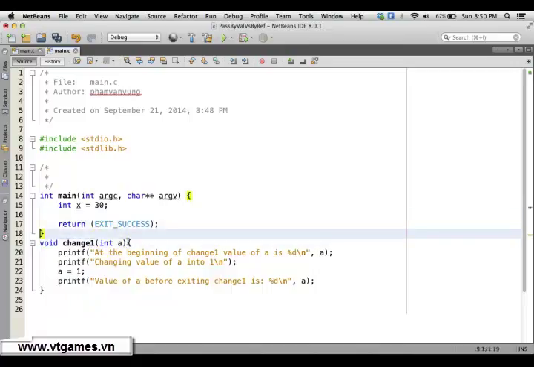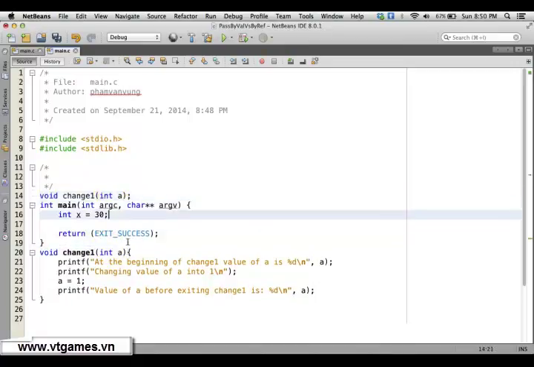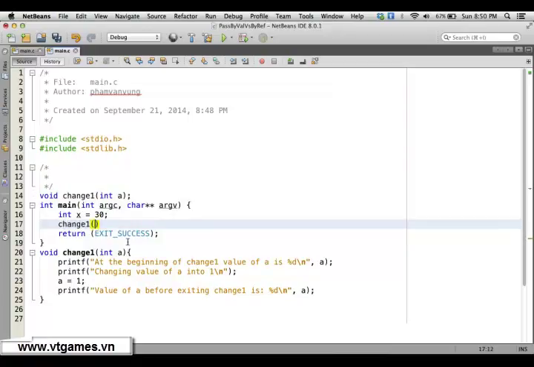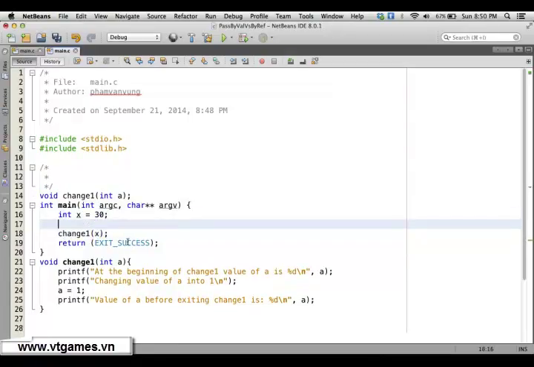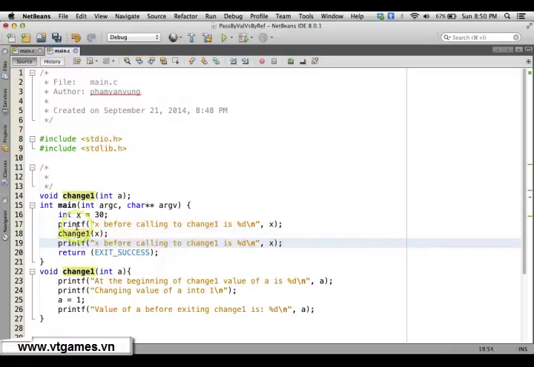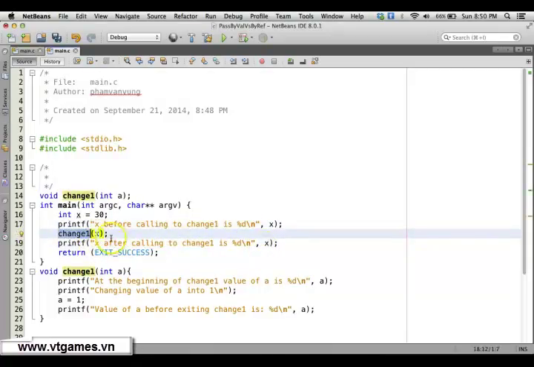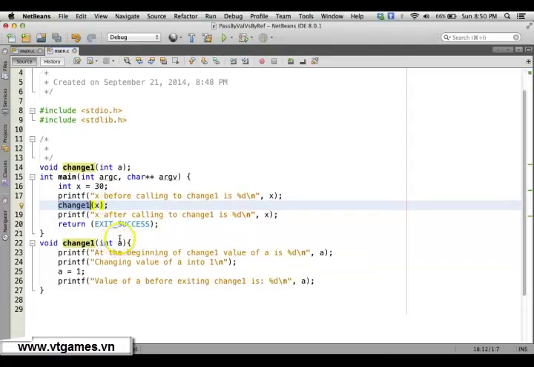Before calling the chain 1 method, you need to declare the method chain 1 here. So you're going to call the chain 1 method with x there. Okay, so we're going to print "x before calling chain 1 is %d\n" with x here. And I'm displaying the values of x before calling chain 1, and also displaying the values of x after calling chain 1, to see what the values of x are there. So if we execute this application,